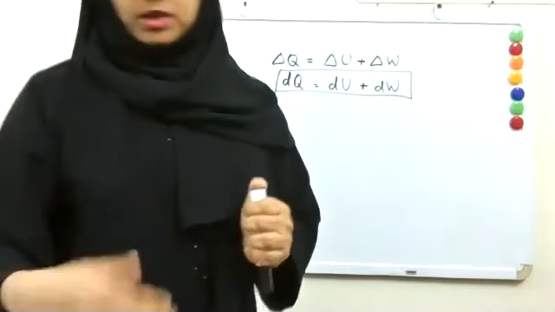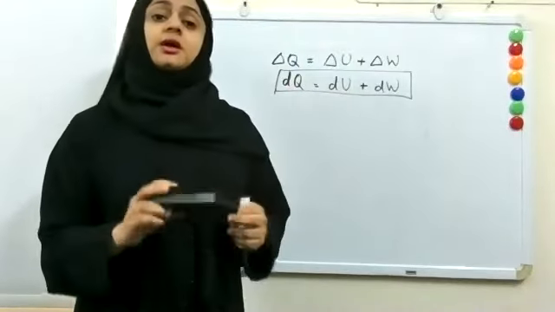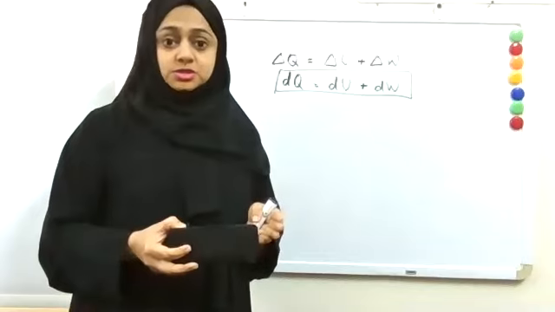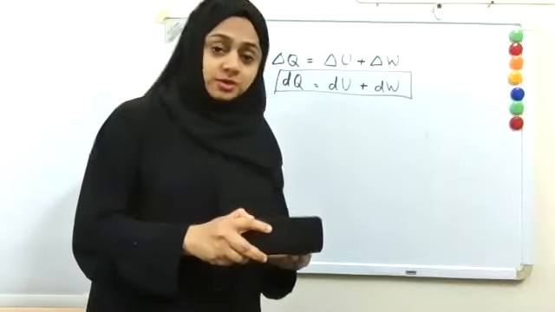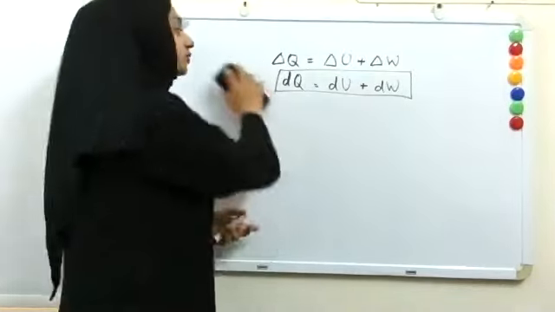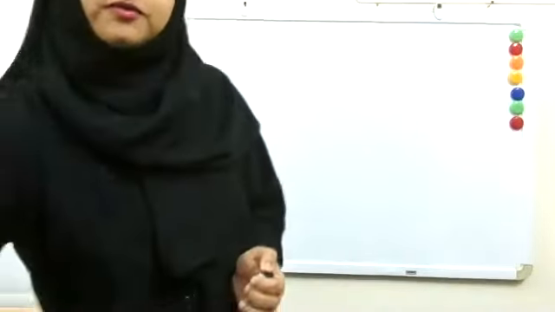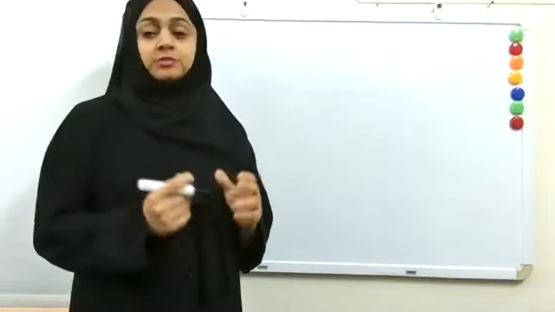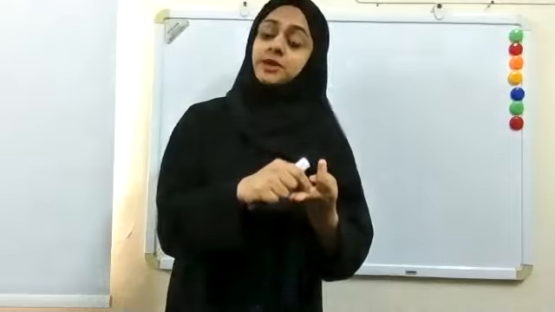That's all. So let us see in this class how the first law of thermodynamics appears in different thermodynamic processes like isobaric process, isochoric process, isothermal process, and adiabatic process. So we will see what each one of these processes are and how the first law appears in each of them. And before going to that, we said that the state of a system can be completely expressed through three coordinates: pressure, volume, and temperature.